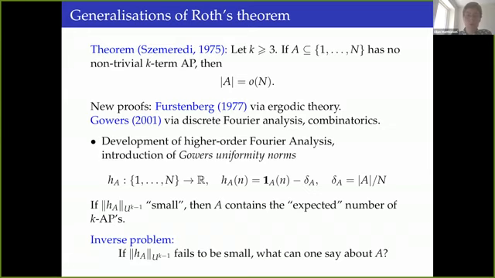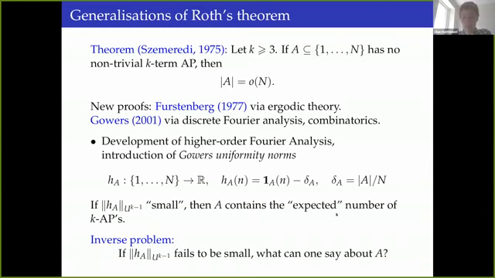What is extremely difficult is to say something in the other direction, to analyze the situation where the uniformity norm fails to be small and deduce structural information about the set A. So this problem is the difficult part of Gowers's work. This problem is not completely solved within the work, but the work lays the foundation, together with some developments within ergodic theory, for all of the later work on this inverse problem.